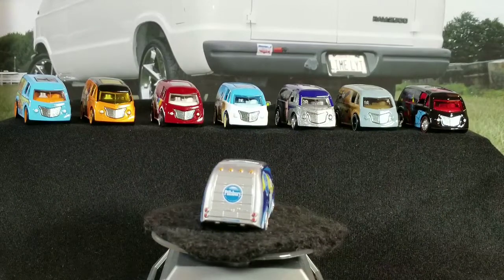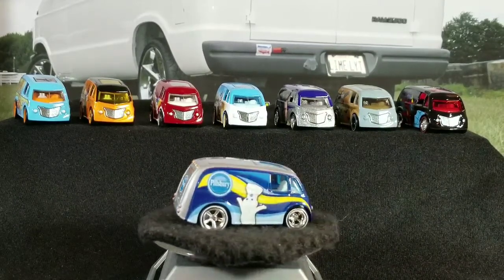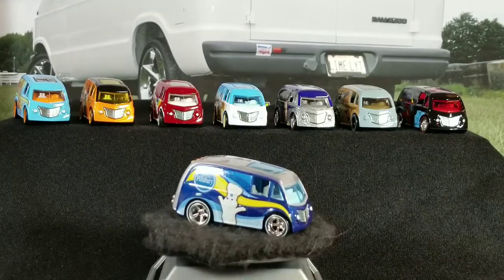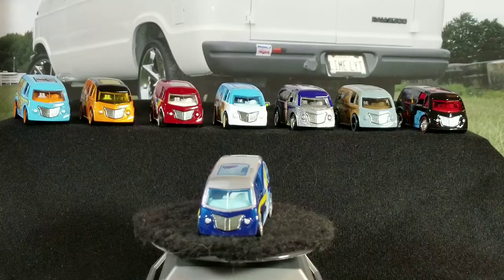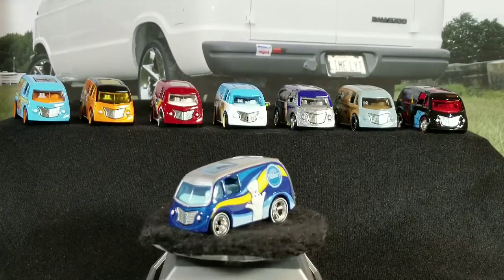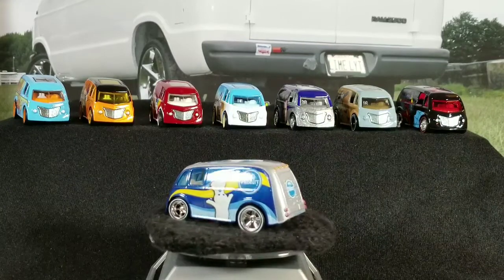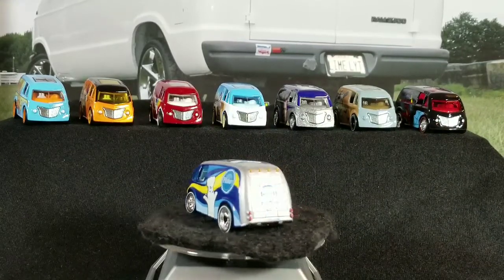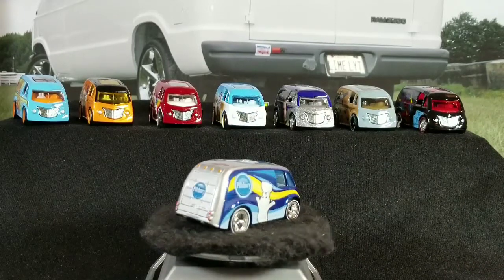Today we're going to be doing a casting spotlight on the Hot Wheels Quick D-Livery. It's called the Quick D-Livery, but it's spelled kind of weird. It's spelled quick and then D-Livery. So it's not spelled out. The delivery in the casting name in Quick D-Livery has a dash in it instead of the standard spelling